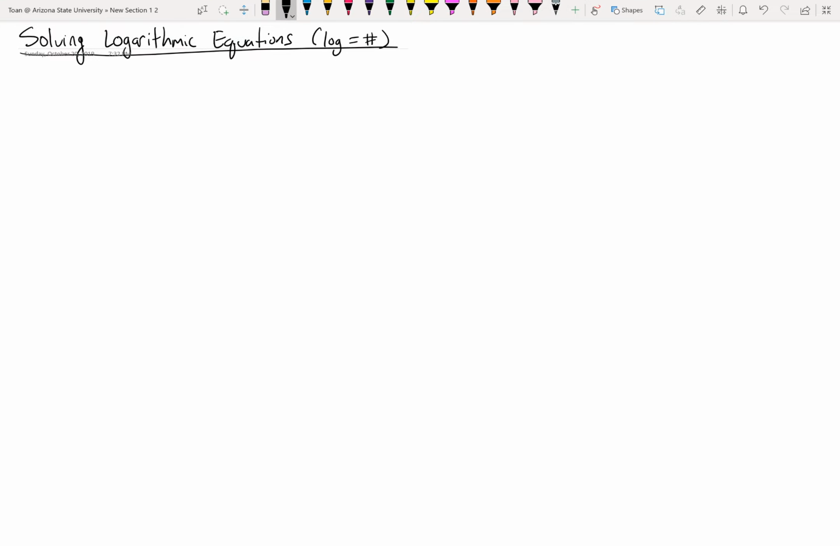This topic will be about solving logarithmic equations, and as the name suggests, these will be equations that have logs in them. Particularly, we're going to talk about the type where there's only one log and the rest are just regular numbers. Now, conceptually, there are two schools of thought, or two different techniques on solving logarithmic equations, and they